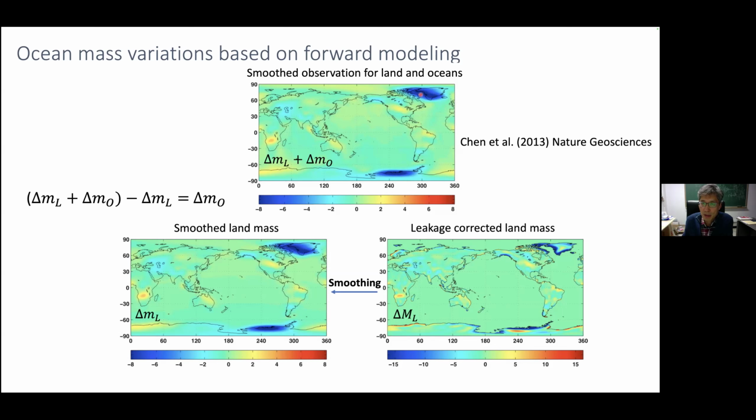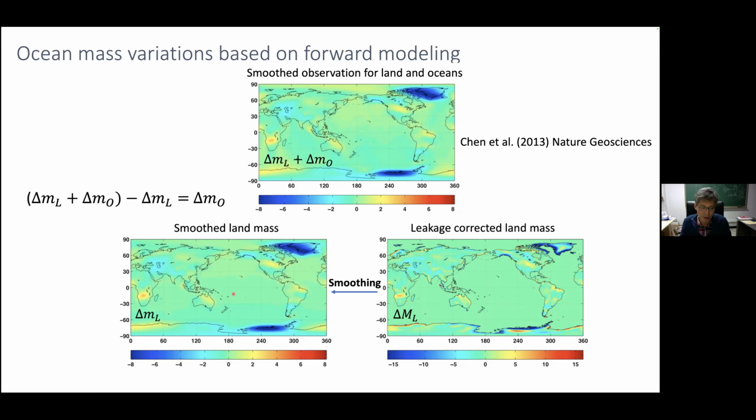But you can also see a similar negative trend here over ocean. This is not actually signal from ocean. This is the leakage effect from Greenland to ocean and West Antarctica to ocean. So for the forward modeling, we iteratively adjust land mass change to obtain higher resolution, leakage corrected mass change over land. I denote this field using capital M because this is a higher resolution mass change. You can see a very sharp signal boundary between land and ocean. And by using this field, we can make